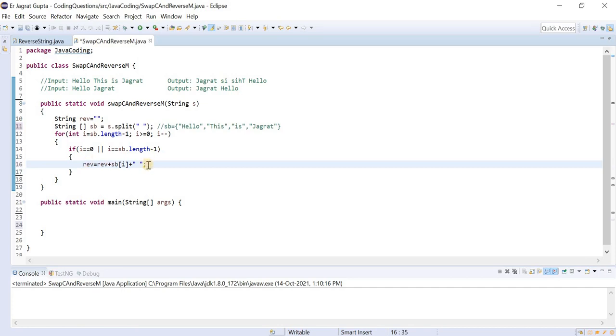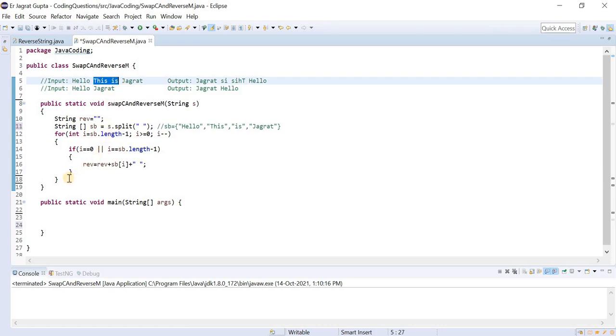We have already understood this particular concept. Now let's first run this. Let's first cover this scenario and then we will incorporate this concept.